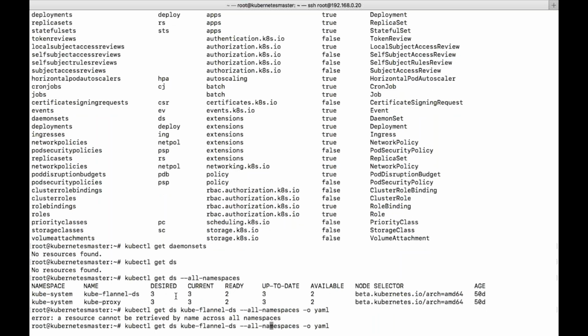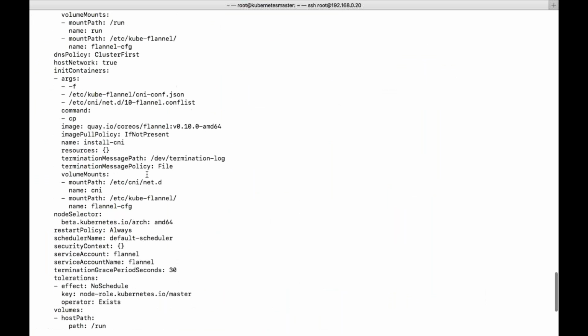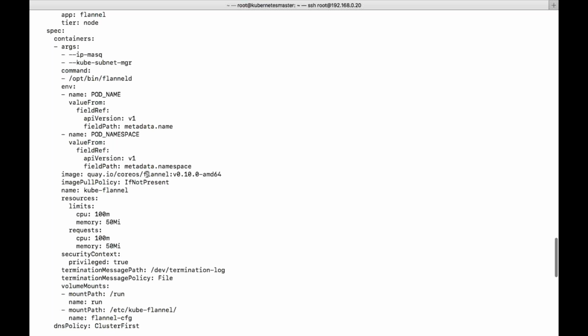A resource cannot be retrieved by name across all namespaces. So this is the method they are using, and they are using so many other things, so don't be confused by that.